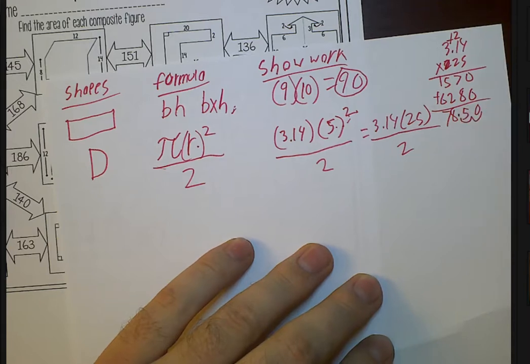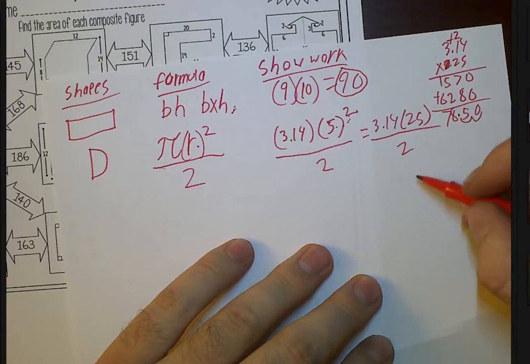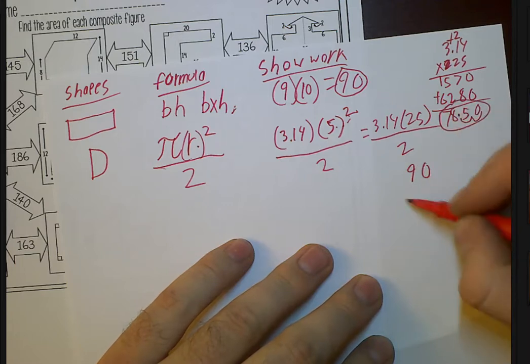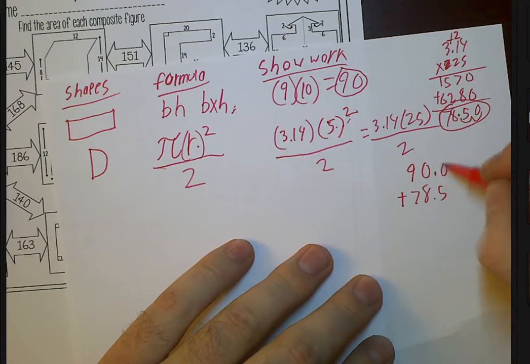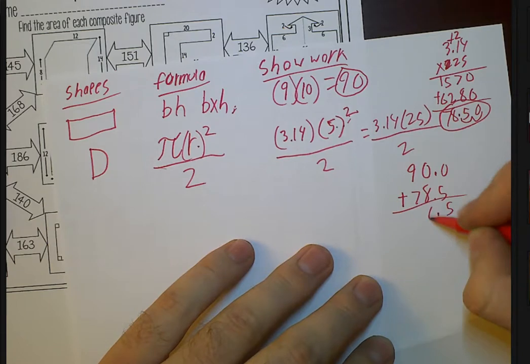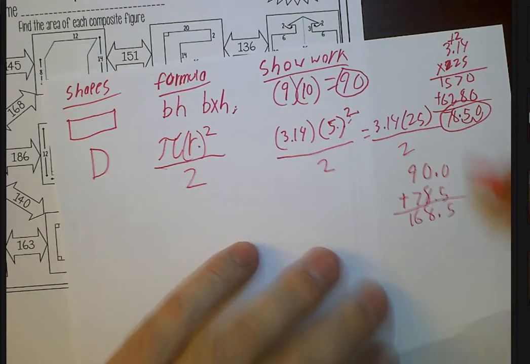So I get 78.5. So I add those up together. I get 90 plus 78.5. You get 168.5, or